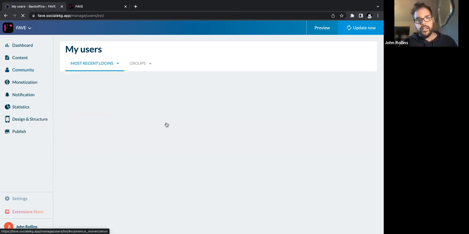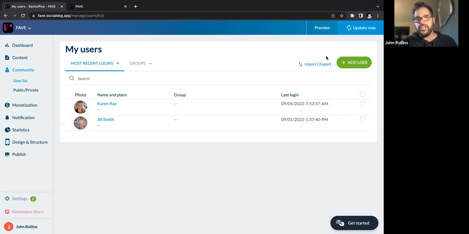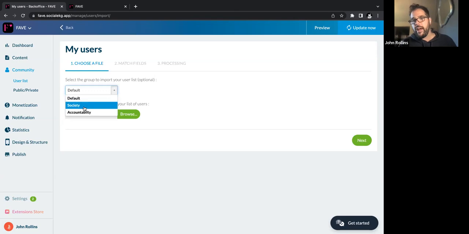This is also going to be your user list. You'll also see that when we're importing, it gives you the option to import into a specific group. So if we have a society group and they're already members, you can put them in that group for down the road, or you want to call them founding members or whatever you want to call them. We can make a group for that. And then we can push out just